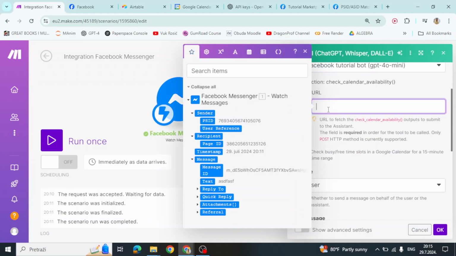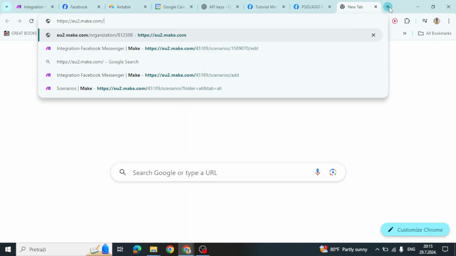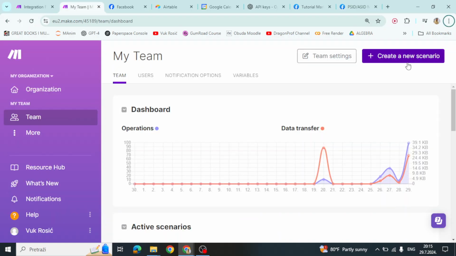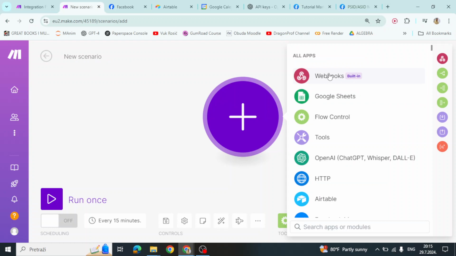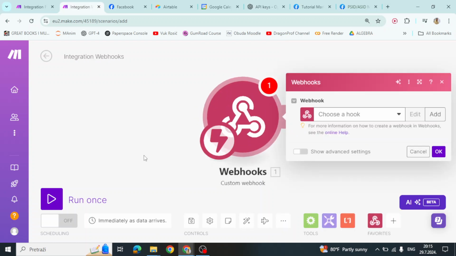And URL, so this is for checking calendar availability. We need to go and create another make.com workflow for this URL. And this workflow will check the availability. So let's create a new scenario. I'm gonna create webhooks and custom webhook. And then I'm gonna say add